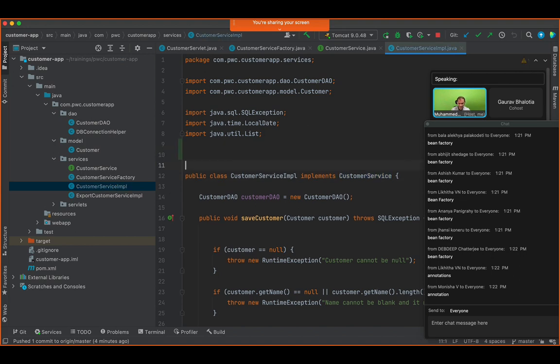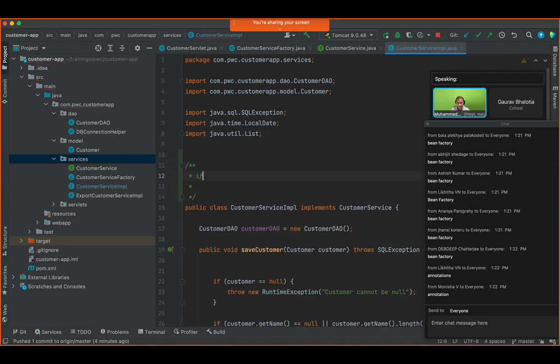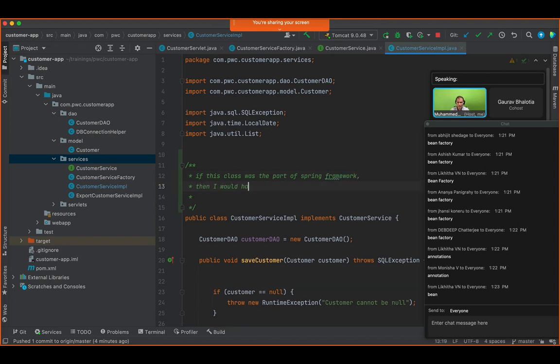Right now, see the statement that I'm writing over here. I'll say, if this class was a service class, right? See what I'm writing was, if this class was, well, this is already a service class, but if this class was a part of Spring Framework, then I would have just